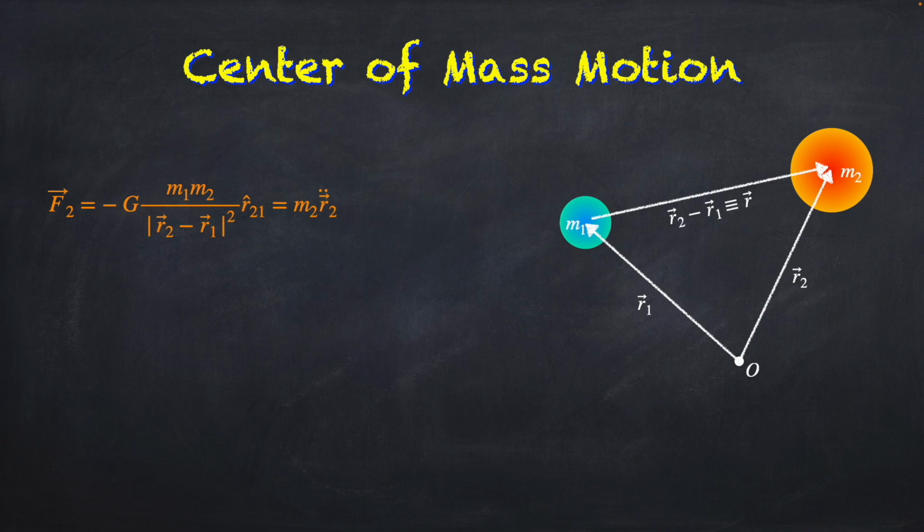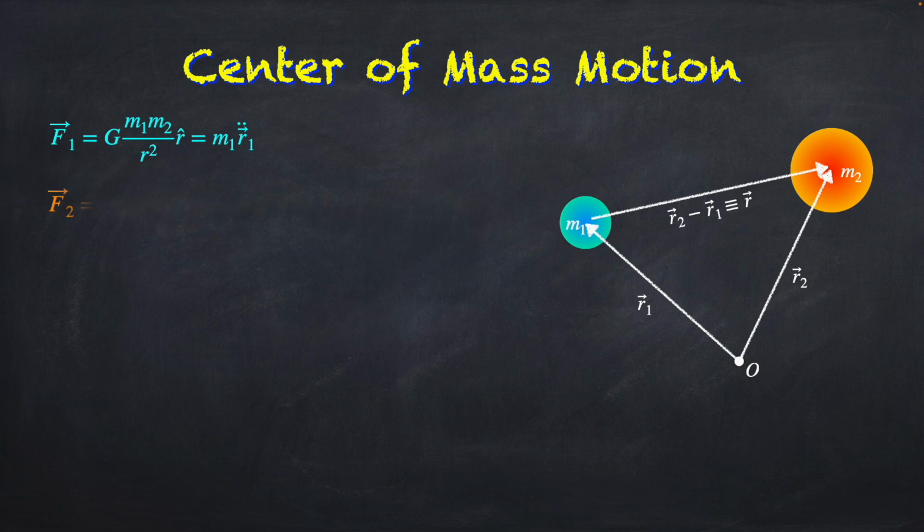So I can rewrite it in terms of little r instead, where little r hat is the direction of r, and r without an arrow or a hat is the magnitude of little r. So just the length of that arrow. The force on M2 points towards M1. So we can also rewrite it in terms of little r, and the only difference is it points in the